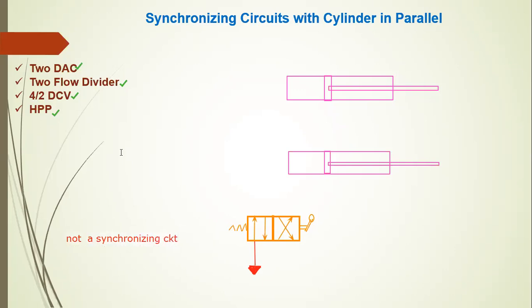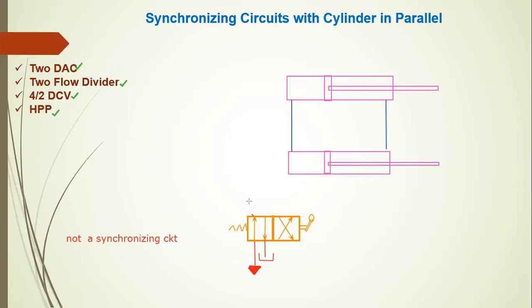The circuit is not yet synchronized. The first connection from the direction control valve is the return to tank, so I give a return to tank here and the short symbol for the hydraulic tank. Then all the connections are connected from the direction control valve to the double acting cylinder. Both cylinders are connected in parallel in this drawing.